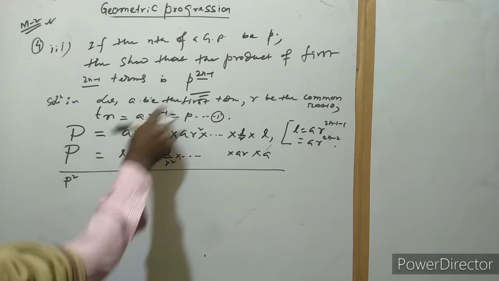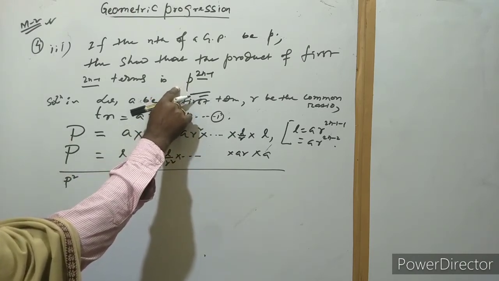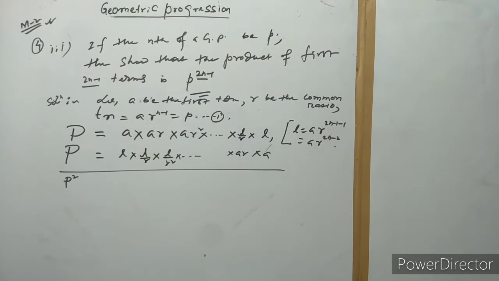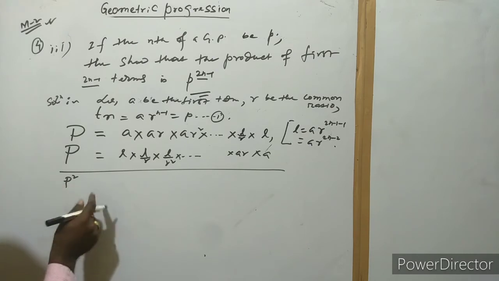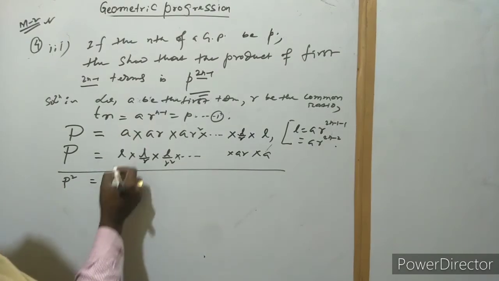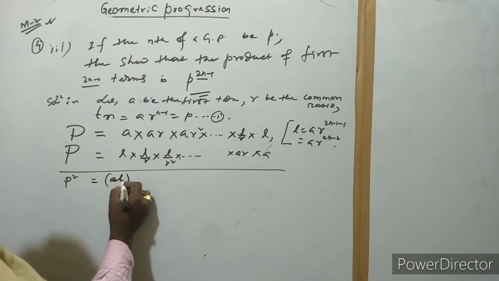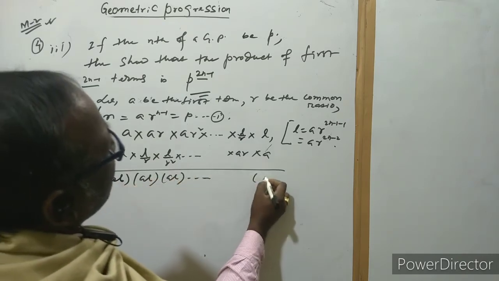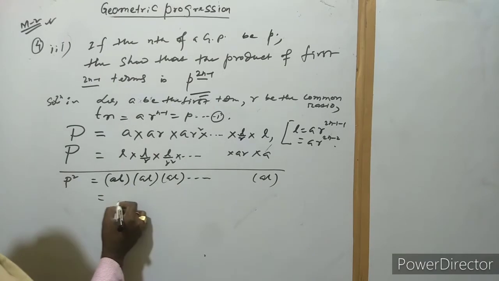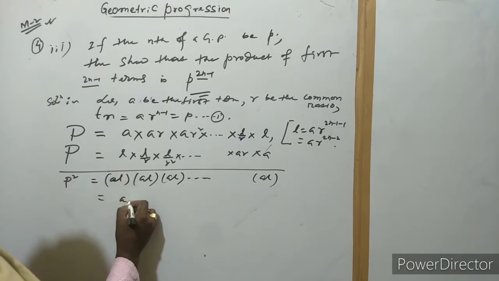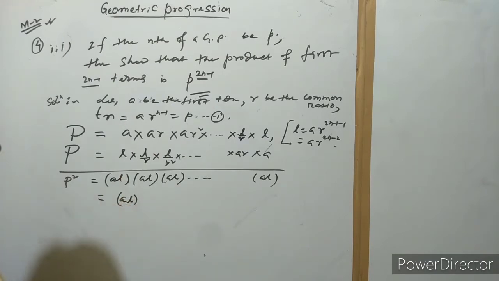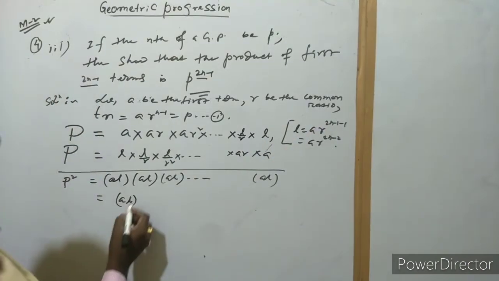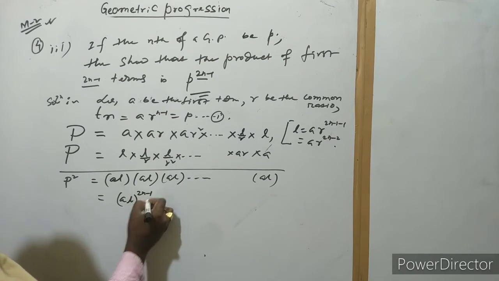That is capital P. This is not small p, and this is the small p, which is given as the nth term, and capital P is noted as the product symbol. Both are not the same here. So a times L, if we multiply, we get aL, and this is aL, and same as we get aL. So aL to the power of how many terms are there? The number of terms we have is 2n minus 1.